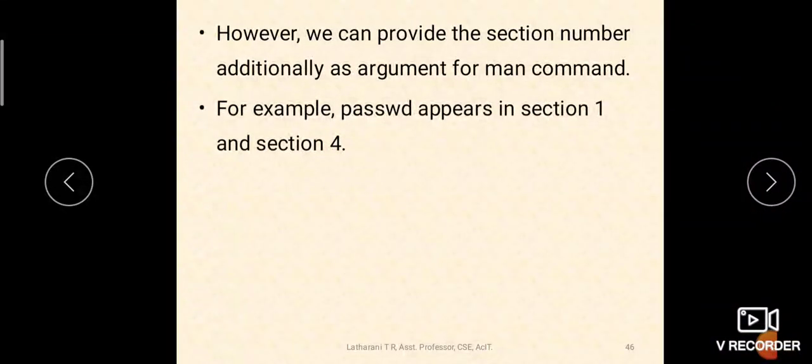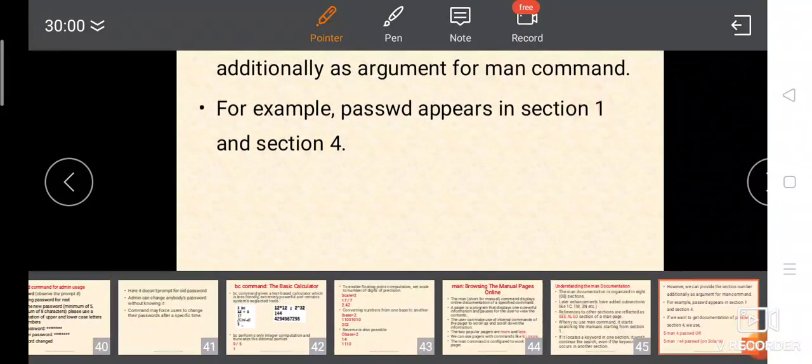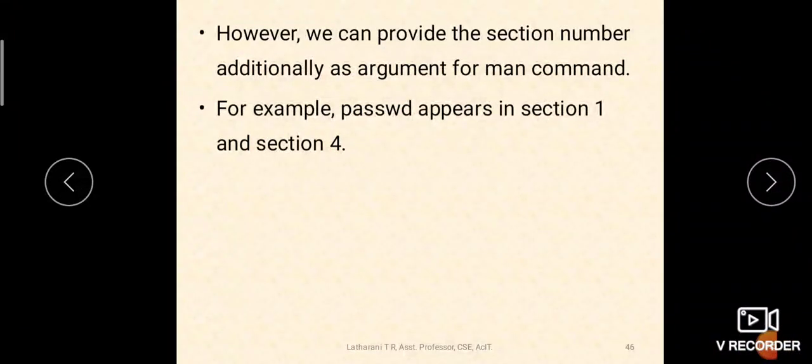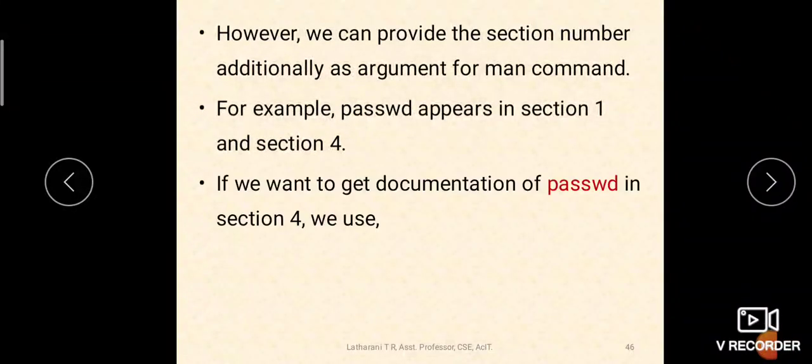So, which section will it take, the password command present in which section? It will take the password command which is present in section 1, because it will start searching from section 1, right. So, it has already found password command in section 1. So, even though it is present in section 4, it will not search in section 4 or section 2 or section 3, because it has already found password command in section 1. So, that manual page it will display.